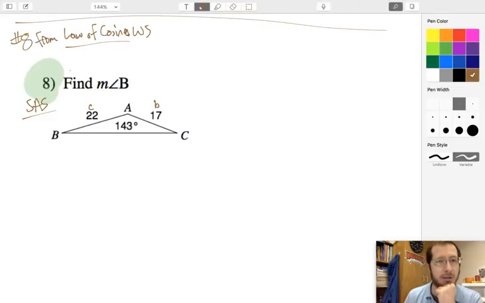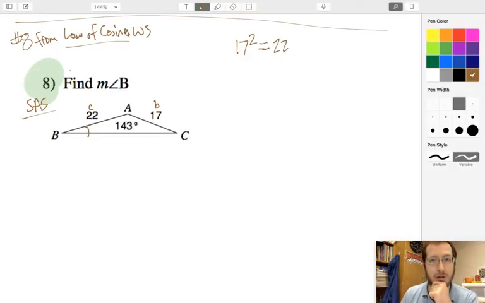And let's see, we're looking for a missing angle. All right, so if we're looking for that missing angle, we want to set it up so that the side opposite that angle is always the one by itself on the left side of the equation. Okay, so little b is opposite big B, so I'm going to say 17 squared by itself. And then always start off with a kind of Pythagorean theorem vibe, equals